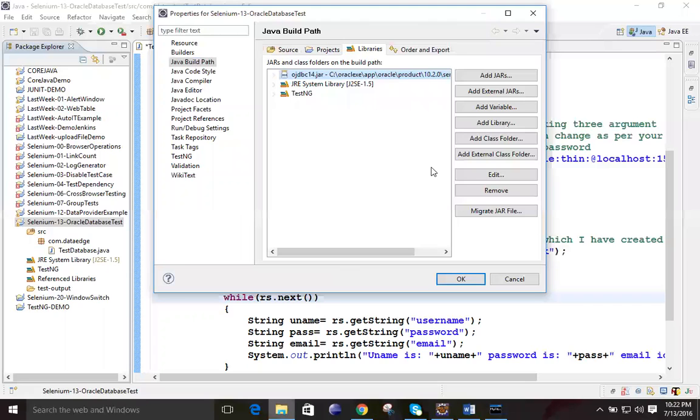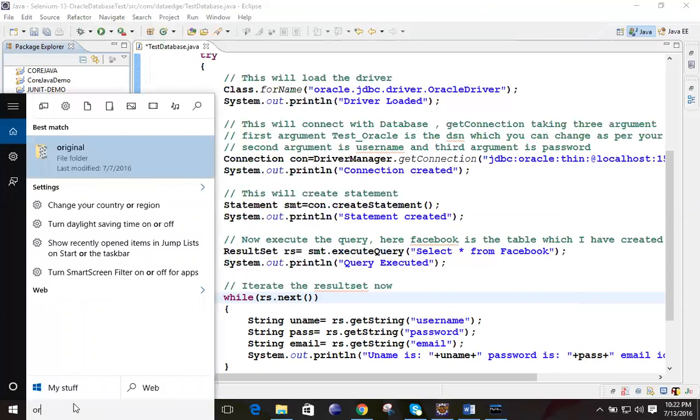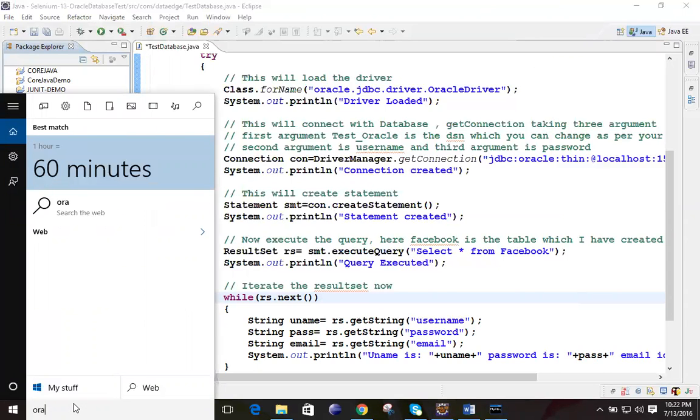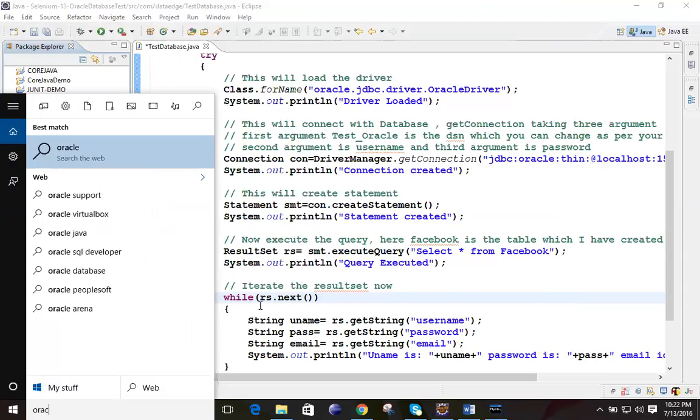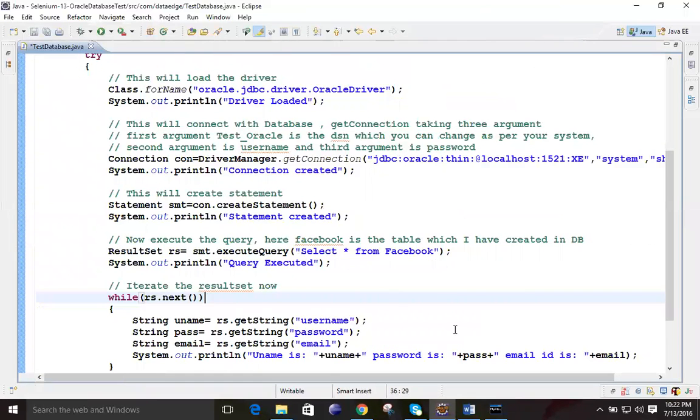So you simply add it over here, click OK. Let me check whether Oracle is installed or not. I think it's not installed. I need to install it and it will take a lot of time. I will show you. You just try to execute this one.